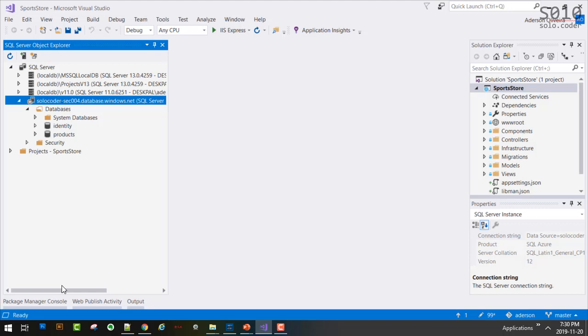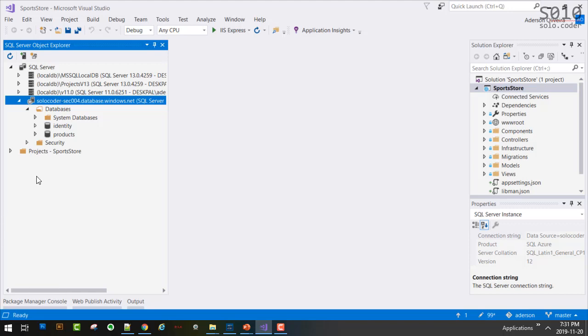Now, what would you say is the next step here? Populate with what? With the data. Before that, we're not ready yet to put data. Why? The connection string is okay, but what don't we have yet? We don't have the tables yet. We didn't create tables yet.